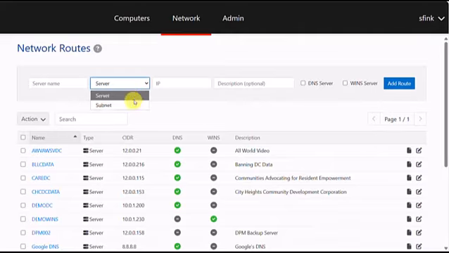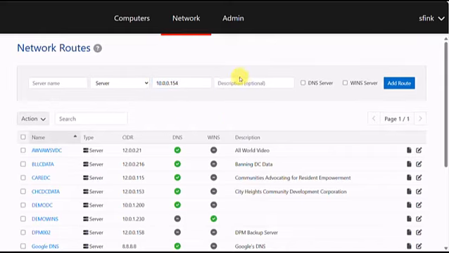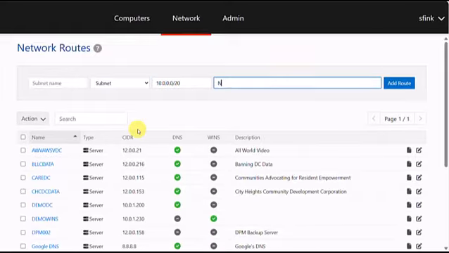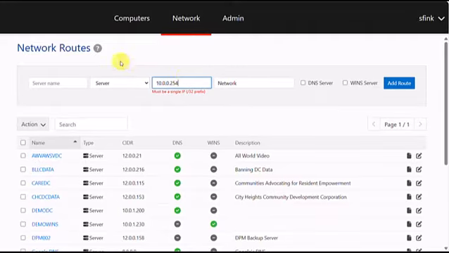Next, choose whether this route applies to a single server IP address or an entire subnet. This defines which traffic is allowed to pass through the VPN. You might use a single IP address for a specific server or a CIDR subnet when access to an entire network is required. When the route is configured as a single server IP, additional options appear for DNS server and